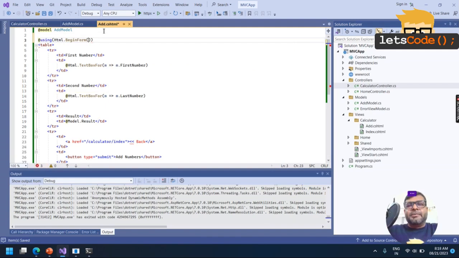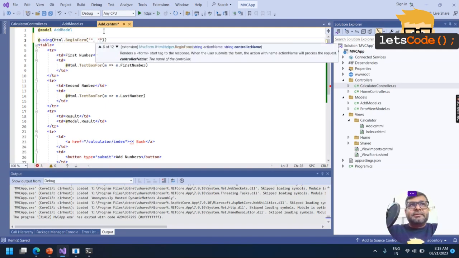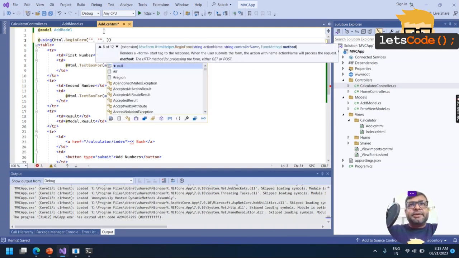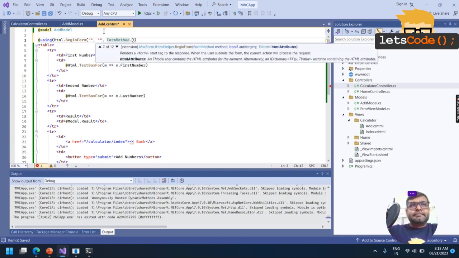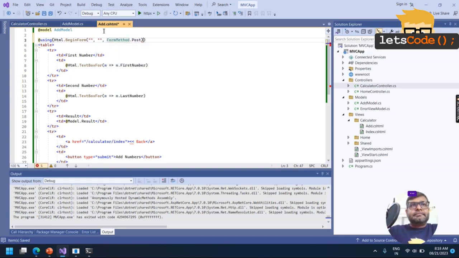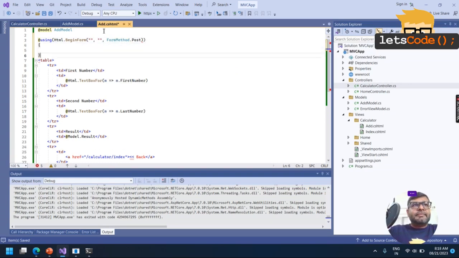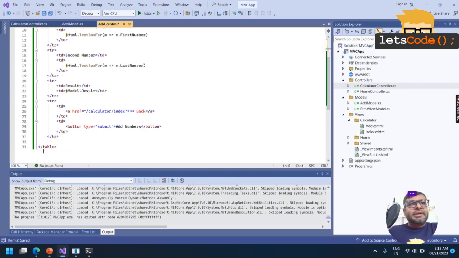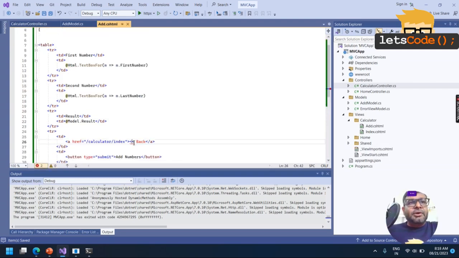Basically it creates a form tag. Writing this will create a form tag for when we are hitting a submit button.